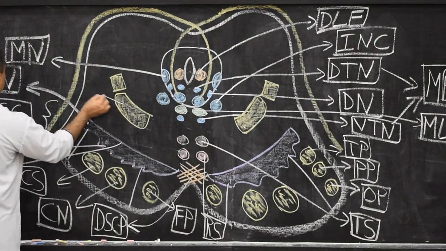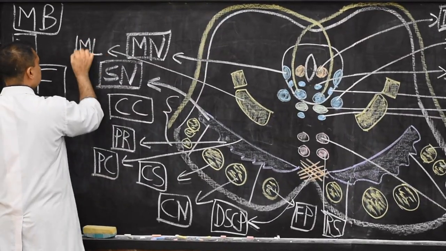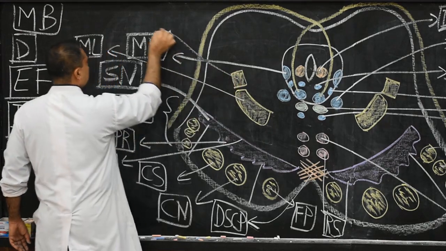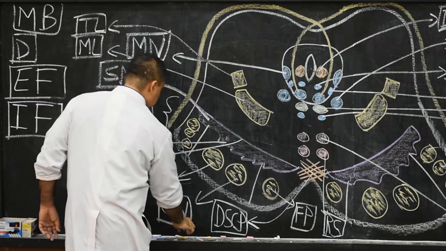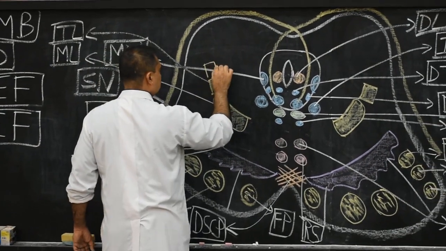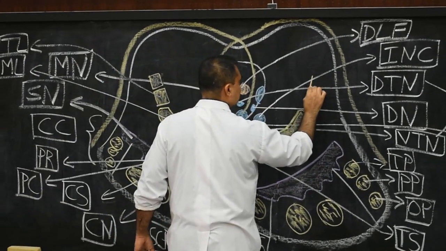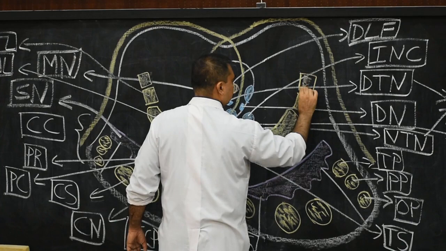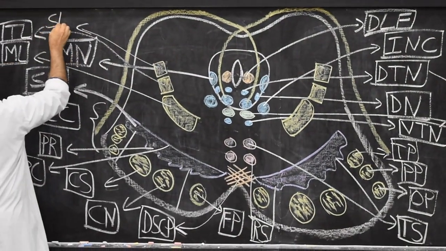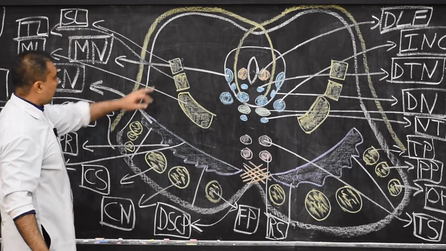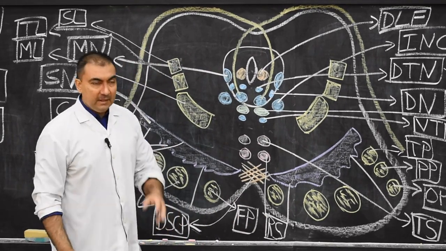So here we will first write this as the medial lemniscus. Medial to lateral we are going. This will be the second, the trigeminal lemniscus. Then we come to the third, and the third one will be known as the spinal lemniscus. Please draw it here. This will be the spinal lemniscus. What will the spinal lemniscus contain? It will contain the lateral spinothalamic tract, carrying fibers of pain and temperature.